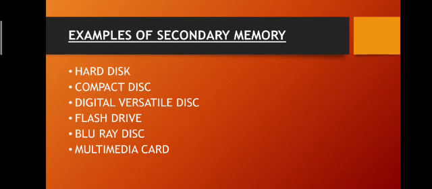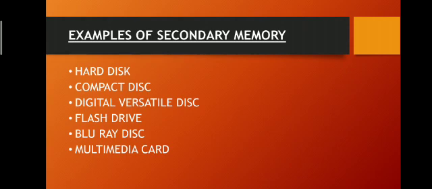Okay, next is digital versatile disk, that is DVD. It is also an optical storage device. Okay, and it is capable of storing around 4.7 GB to 17 GB of data. It means the storage capacity of DVD is much more as compared to the compact disk. Compact disk was capable of storing only 700 MB of data, but digital versatile disk is capable of storing 4.7 to 17 GB of data. Okay, and in case of DVD, you can store the data and record movies with high video and sound quality.